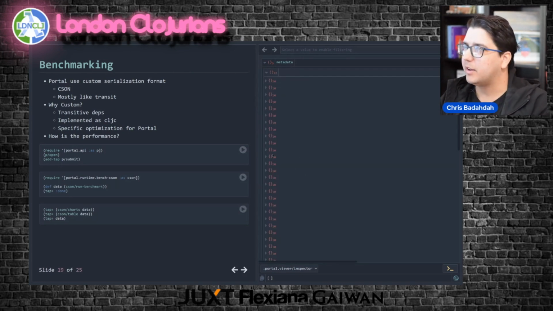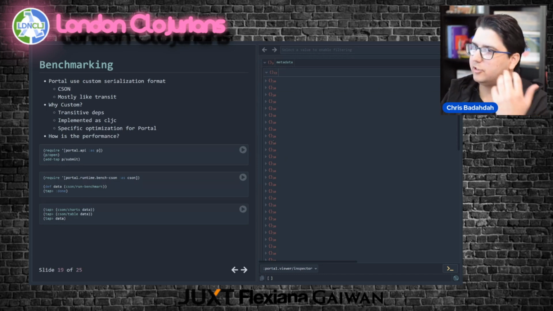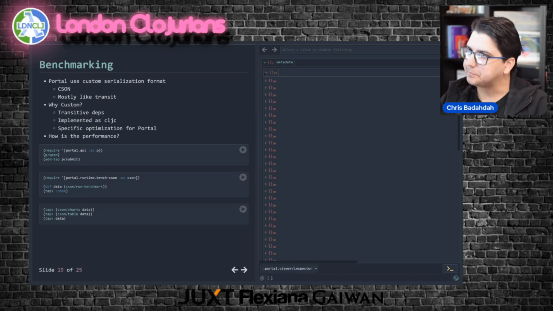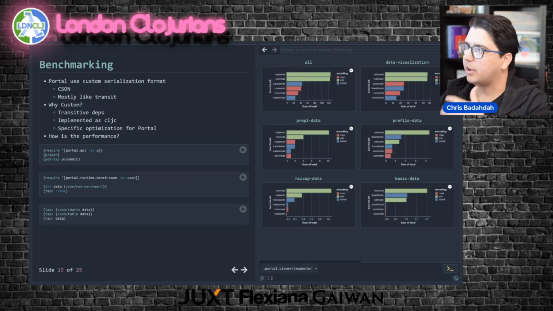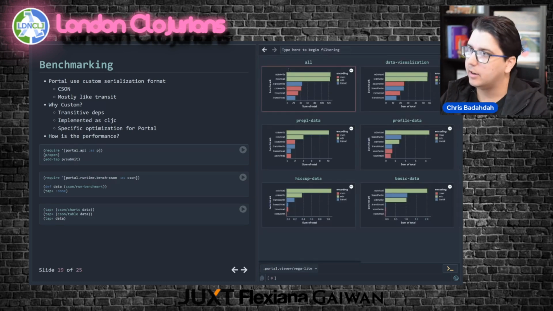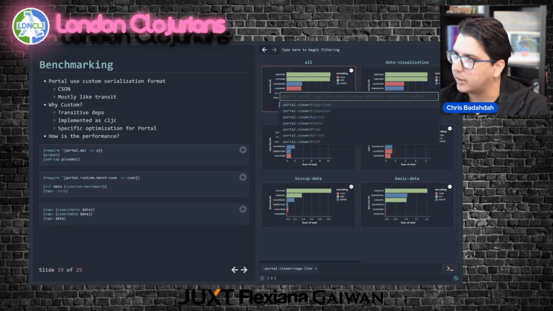And the cool thing about Vega and Vega Lite is they're not specific to Portal, right? You go on the internet and you look at the tutorials that people have built or the documentation site, and you copy some JSON and you paste it into Portal, and you just keep iterating on that data structure. So this is what the data looks like from this standard output. And here's what it looks like when I've processed it a little bit to produce Vega output. So let's take a look at what that looks like through the inspector.